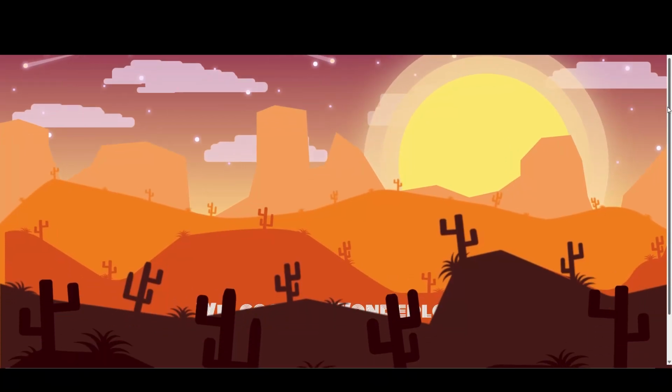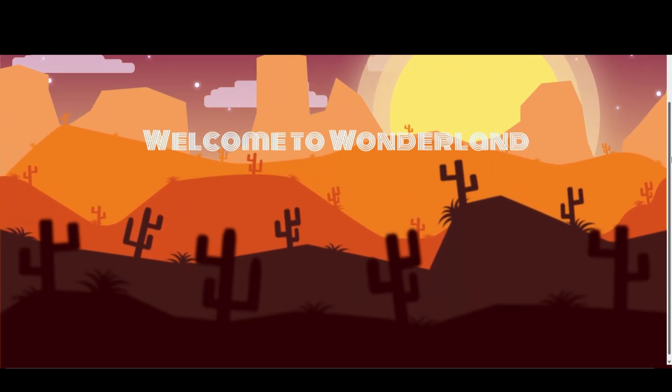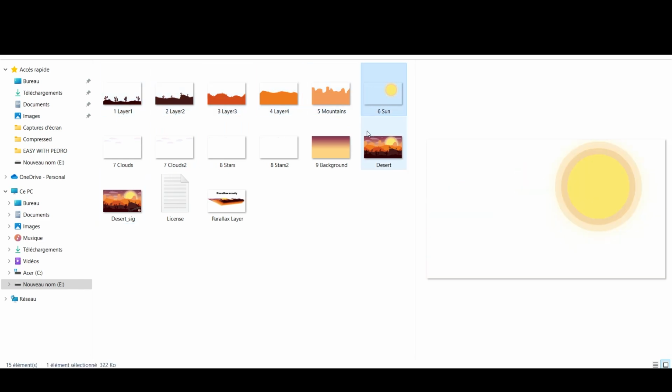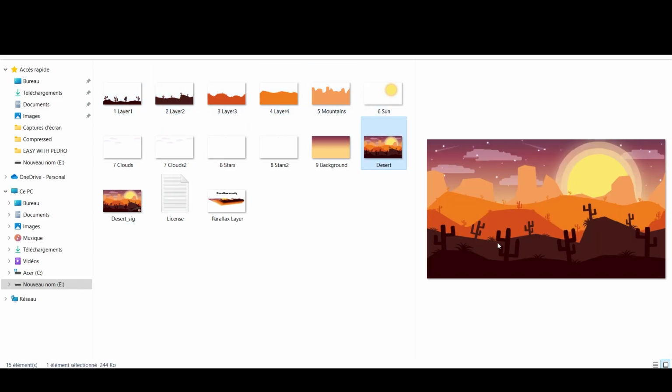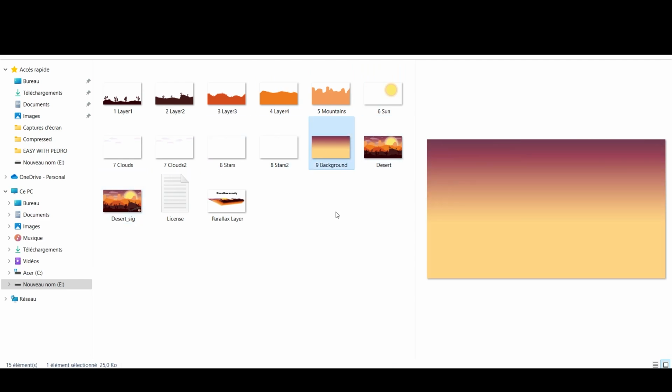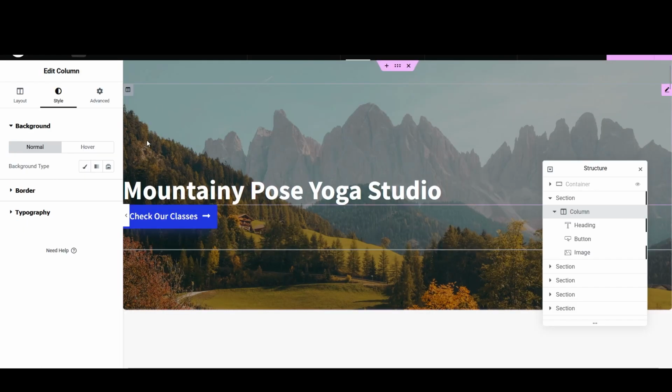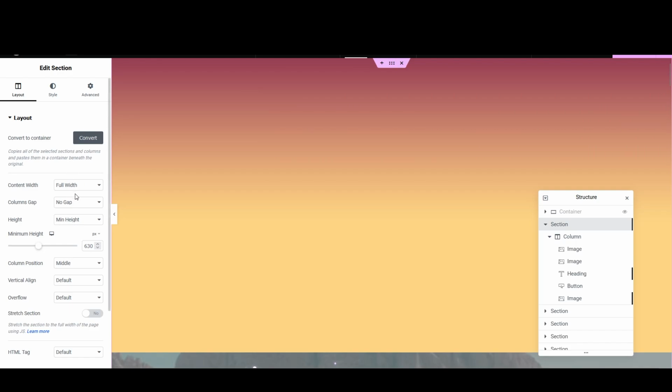Hey guys, today I will show you how to make this parallax background by using these photos. These are multiple images that will make our parallax universe or background for our websites. So we have stars and background and mountains. So let's begin. First of all, we create a flex box in the top of